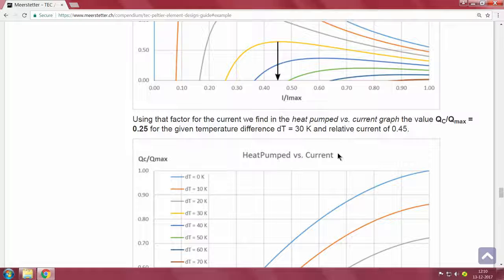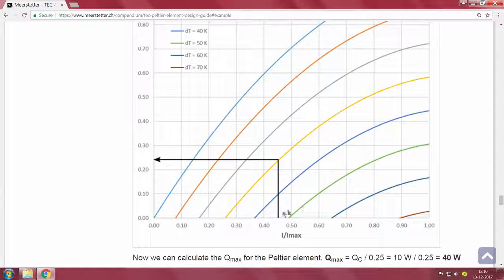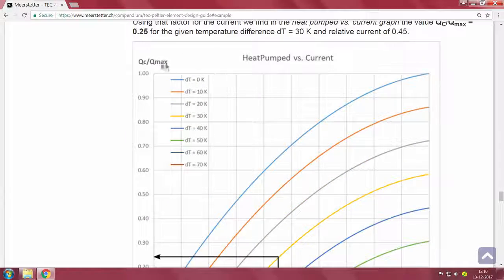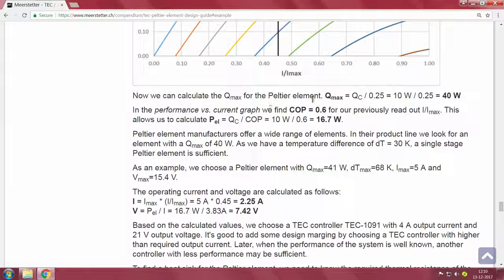Heat pumped versus current. So, you see now QC by Q max is typically around 0.25. We can calculate the Q max for the Peltier element by calculating this, saying this is the first critical step.